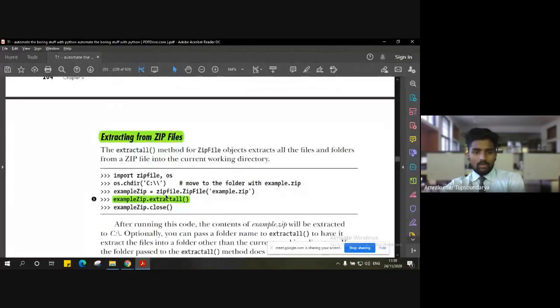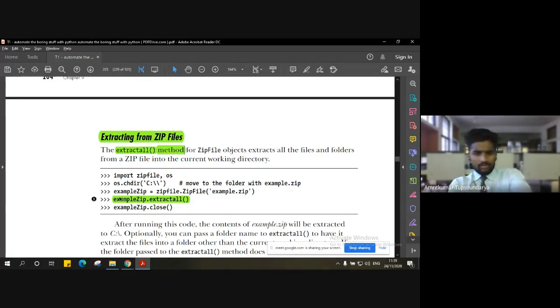But how can we extract the document from that zip file? We already have a zip file and we want to extract the content inside it. For that we need to use the extractall method provided by the zipfile module.